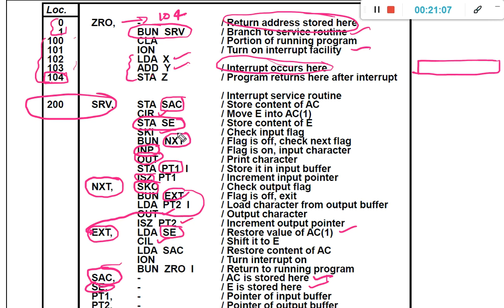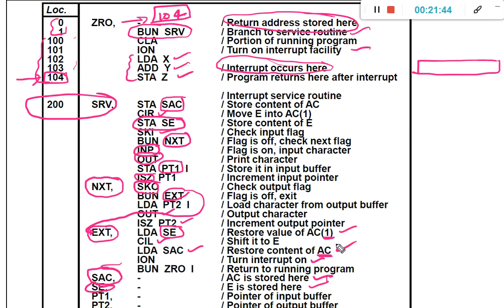Previously we performed the CIR operation, now perform the CIL operation, circulate left, and then load SAC. Load the content of SAC to the accumulator register. Here AC of 1 means only the expansion bit, here the complete accumulator register, and then turn interrupts on. Then branch unconditional to ZRO indirect address. In ZRO, what is the indirect address? 104. Now come back to 104 and start executing the content available in 104.